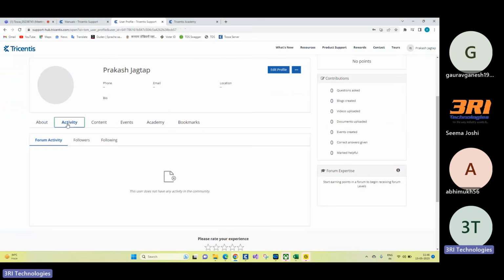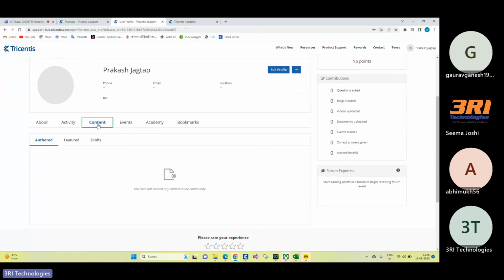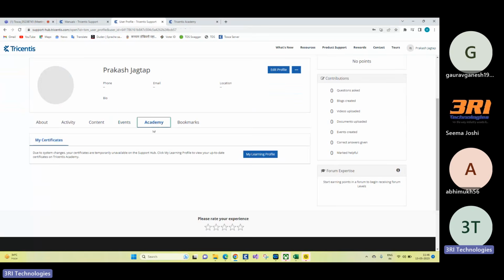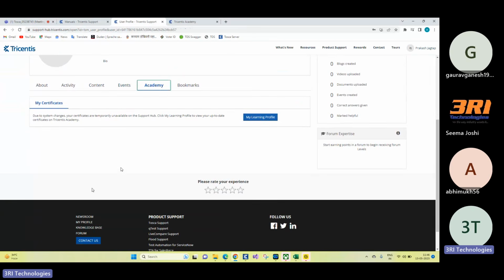I have moved all my certificates, as you said. You'll have to navigate to Academy, My Certificates, and then you will see all your certificates here.